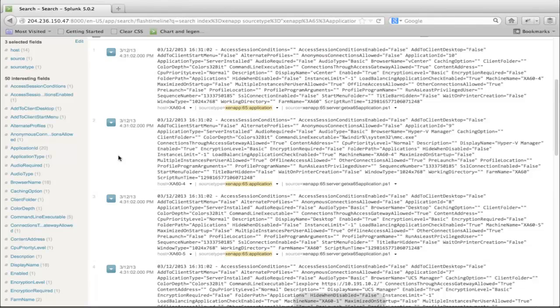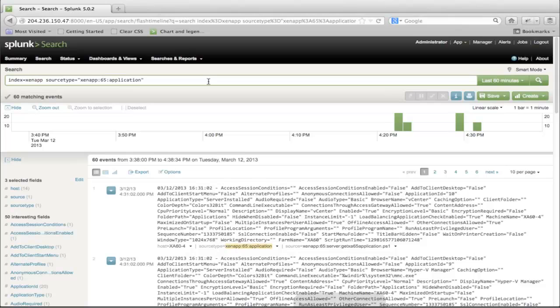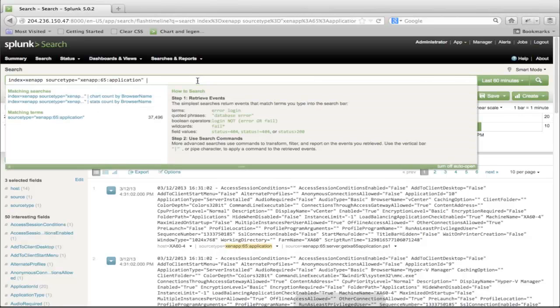So where we really start to get into the power of Splunk is when we start doing some statistics on all this data. So we have all this data, it's accessible, but we're not really doing much with it. All we've done is narrow our scope so far. So what we can start to do here is Splunk has its own search language. You can think of it similar to a command line language or PowerShell type thing, where you take one set of data and you pipe it along to a command, and you can pipe that along to another command and keep on going down the pipeline to massage the data as you go through.